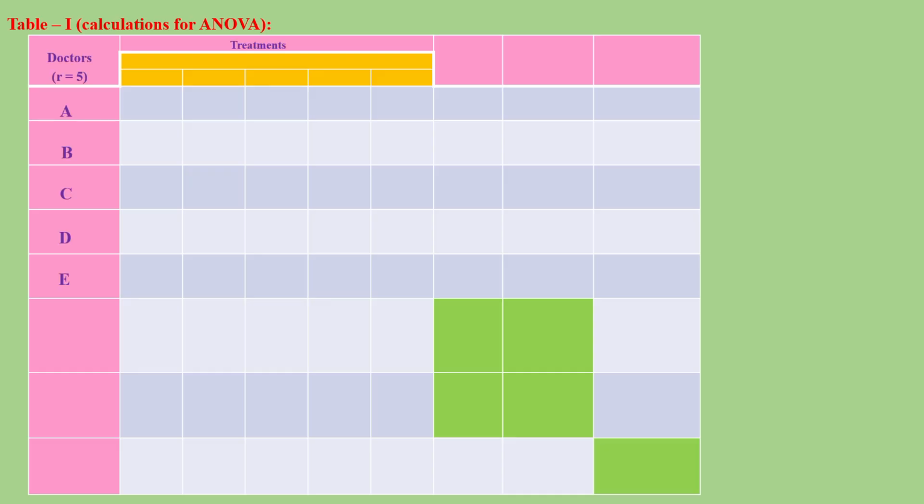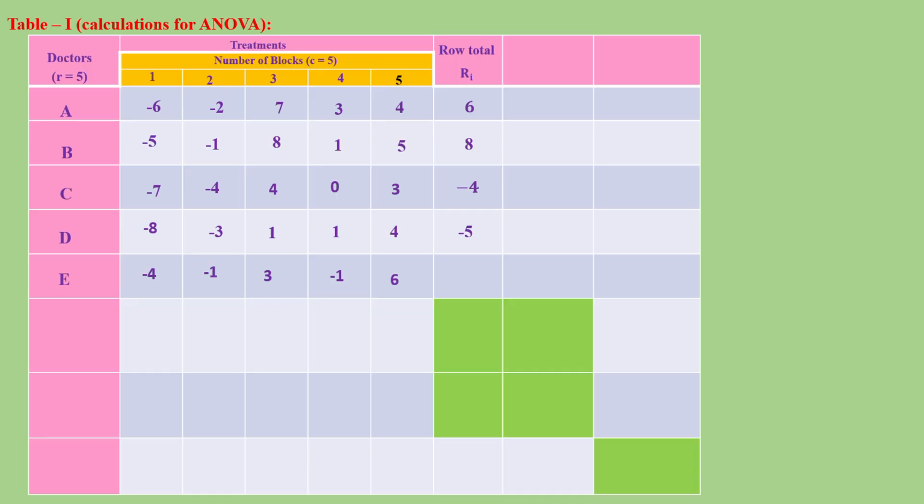Doctors A, B, C, D, E, and treatments 1, 2, 3, 4, 5. So first the data. After shifting, we are getting these numbers. First row total is 6, adding all the numbers in the first row. Similarly for all the rows: 8, minus 4, minus 5, 3. Similarly for the columns, adding all the numbers in each and every column. So first column total minus 30, second column total minus 11, 23, 4, and last column, fifth column total 25,